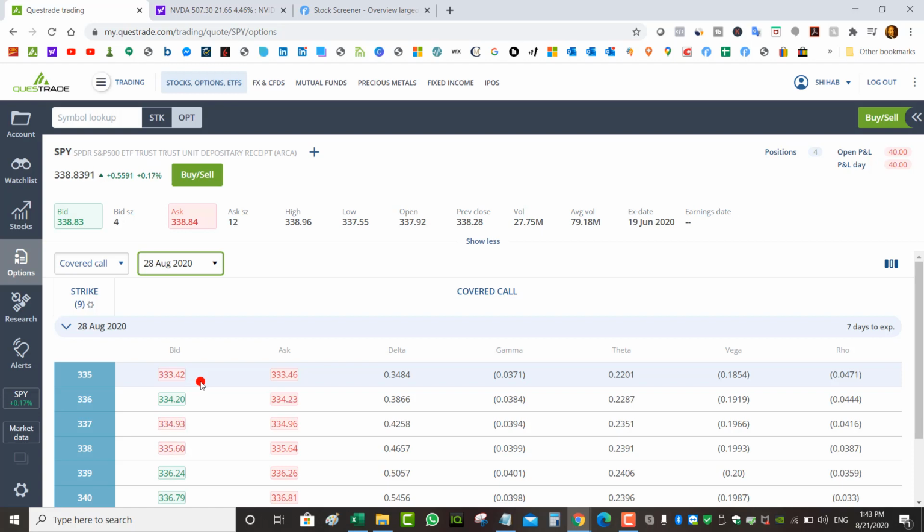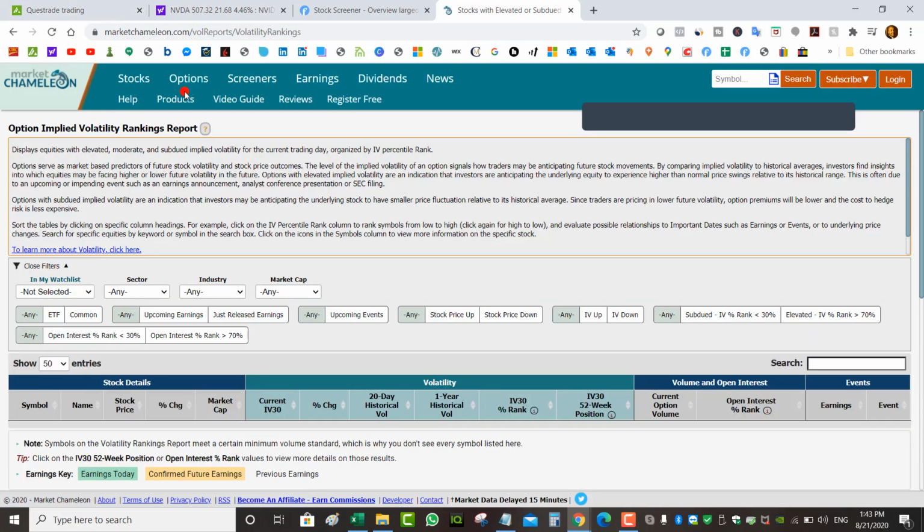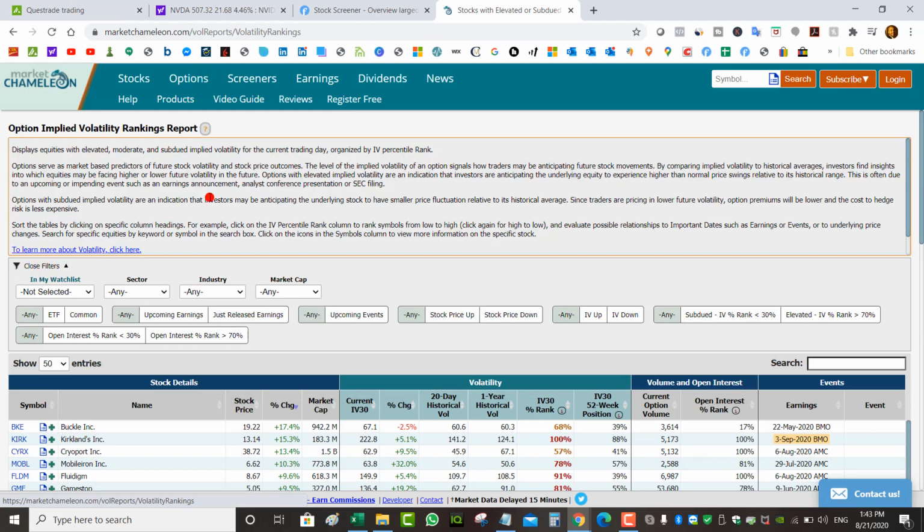So that's a profit of about $1.50, or $150, as long as SPY stays above 335 by next Friday. So it's not that far away. I mean, it's not that safe. I mean, SPY could drop to 330 by next Friday. It's very doable. So if we look at stocks with high IV, if I click on option here, implied volatility